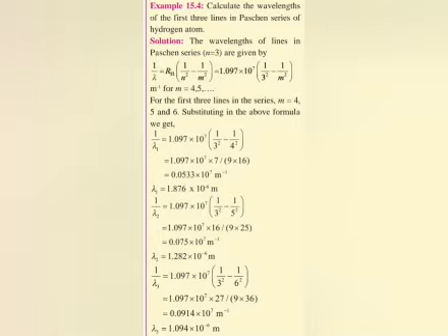Here we have the energy level question, that is to calculate the wavelength of the first 3 lines in the Paschen series of the hydrogen atom. It means students here we consider the Paschen series and inside the Paschen series we have to find out the wavelength of the first 3 lines. So let's move on to the solution of this question.